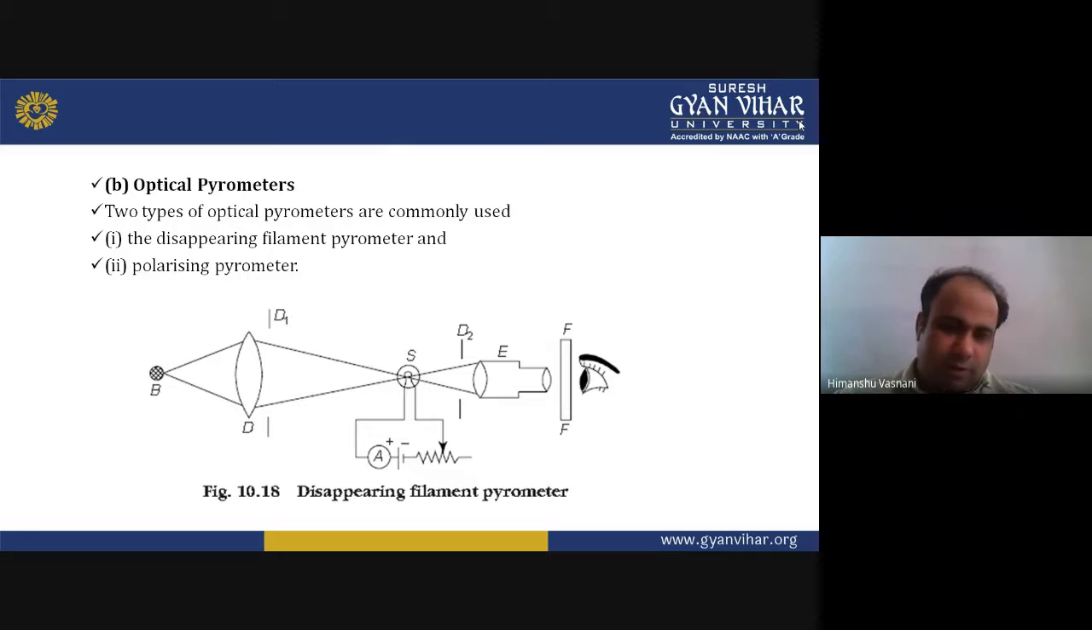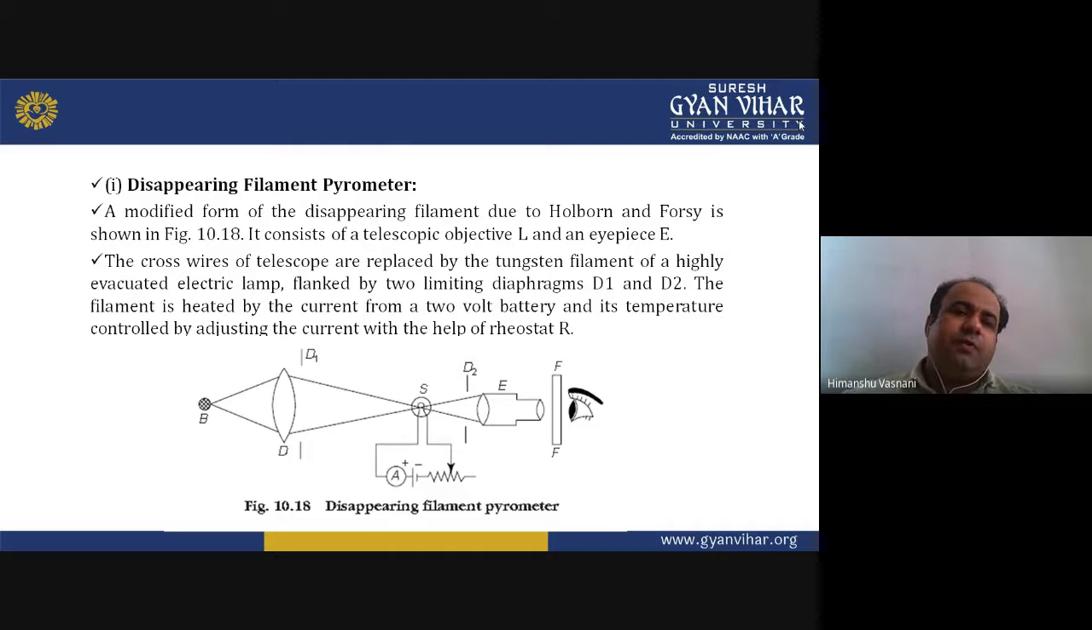Now we are discussing the optical pyrometers. Two types of optical pyrometers are commonly used. The first is the disappearing filament pyrometer and the second is the polarizing pyrometer. You can see the diagram of the disappearing filament pyrometer, with the eye and the other arrangements, which I will discuss in the coming slides. A modified form of the disappearing filament pyrometer due to Holborn and Kurlbaum is shown in this diagram. It consists of a telescope objective, capital L,